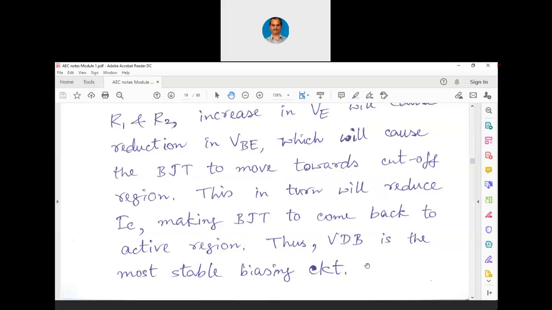If we can ignore IB, we can ignore beta. Now we can ignore temperature also in this particular case, because if temperature increases, if IC increases, then it causes the reduction in VBE. That means the transistor will never drift from the Q point. That is why this is the circuit which we